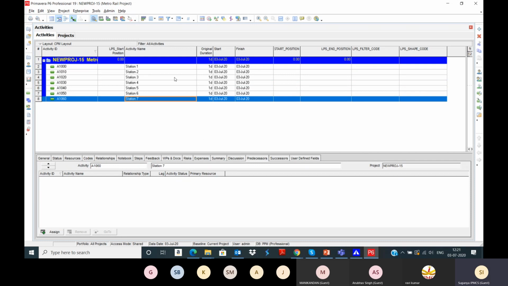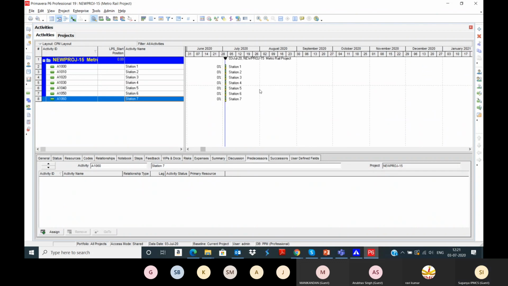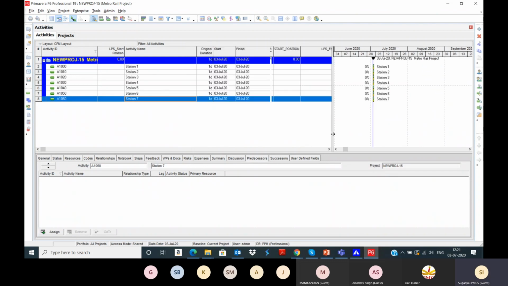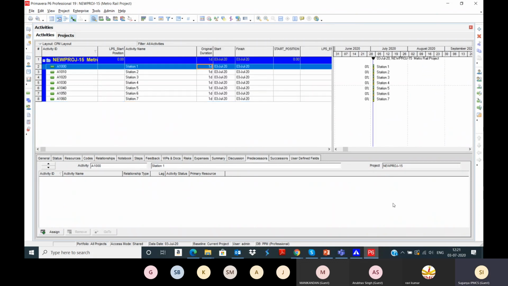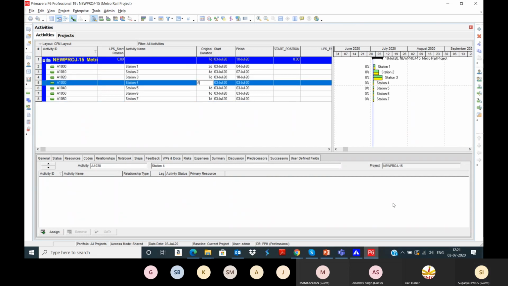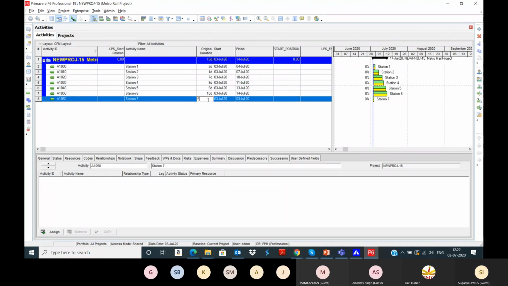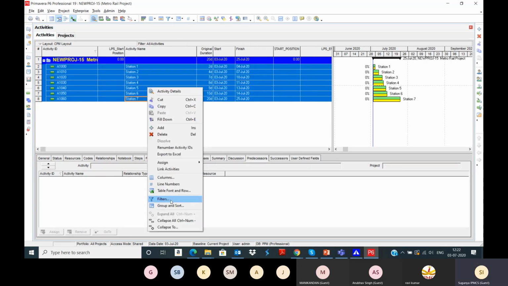Right now I'm taking this much activities, and also you can enter the start position and end position. Also you can schedule the activities. So all the activities are starting on the same date. I'm going to apply the linear date. Select all the activities, schedule it.